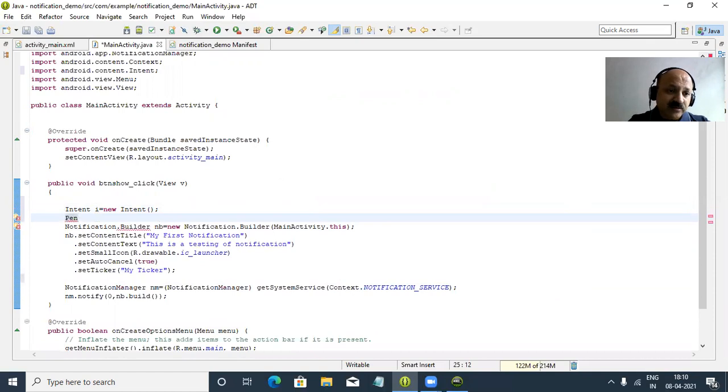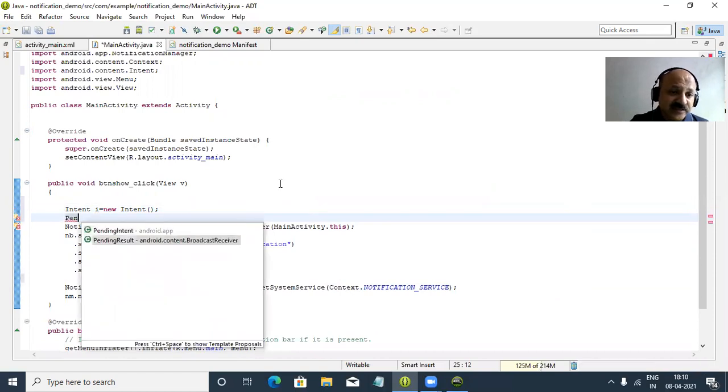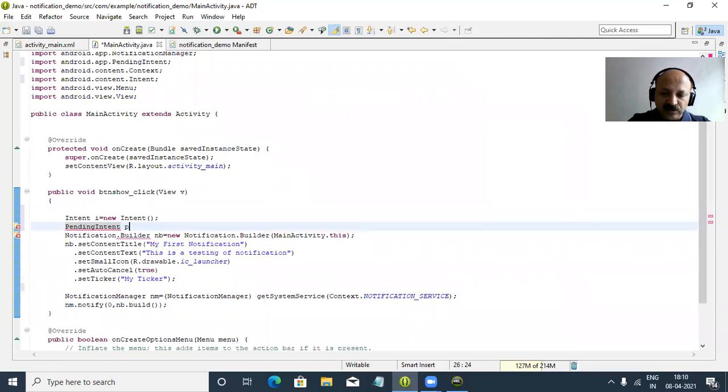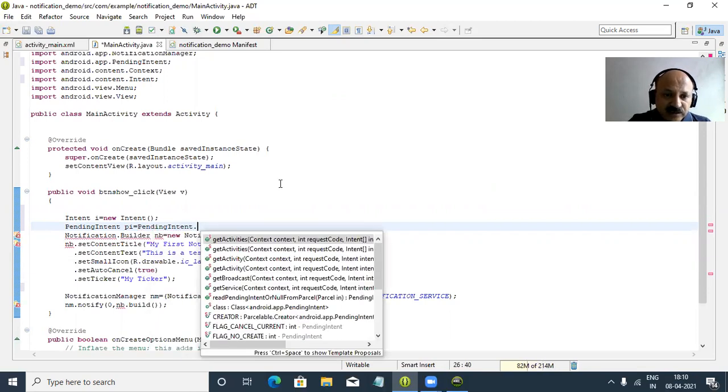And now what to do? Again, PendingIntent is a class in the android.app package, so I name it PI. Just here we say PendingIntent, and you can look here, getActivity.